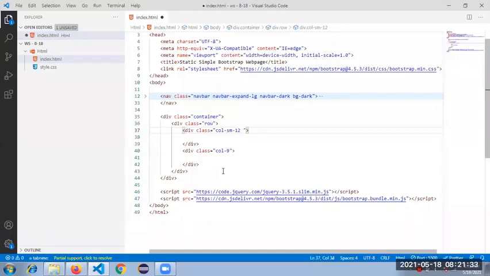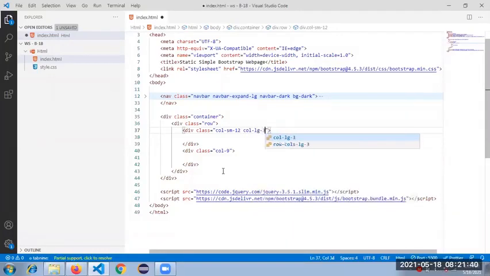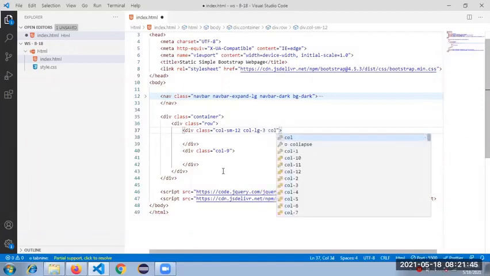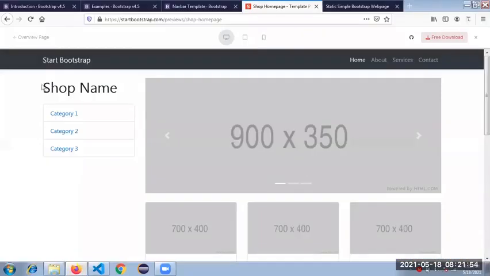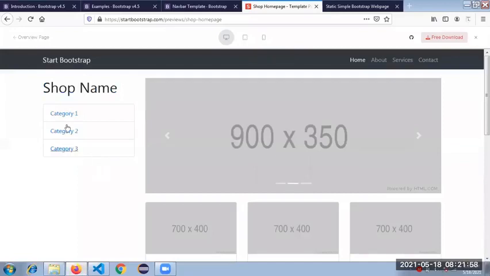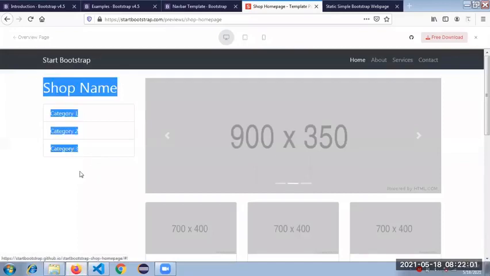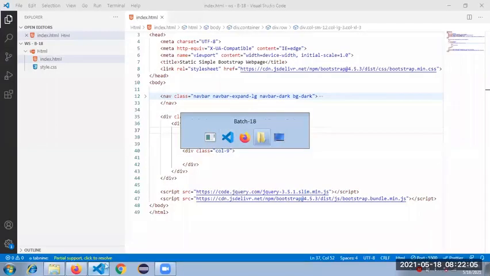Then again, col-lg, for larger devices, it has to be 3. Same for xl, col-xl should be 3. So if they open this page on smaller devices, it will be accommodated with the full width, and for large and extra large, it will be accommodated with 3. That's how I have done the design.